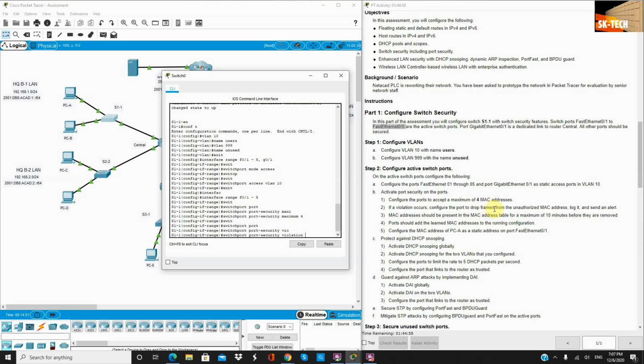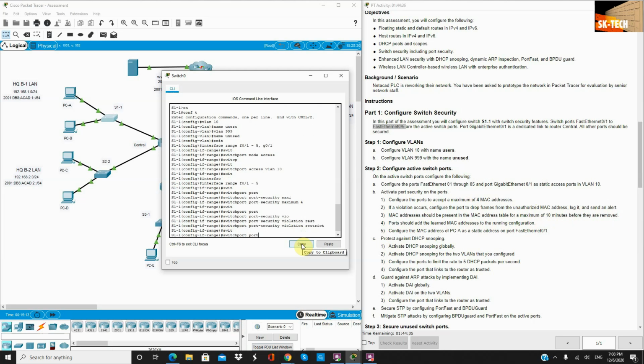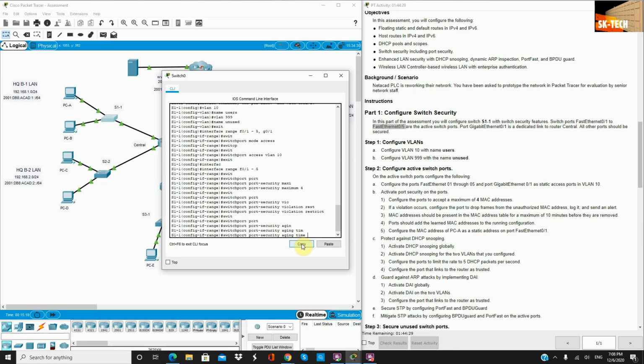Here it says to drop frames from unauthorized MAC addresses and log it, as well as send an alert. So for this one, we will select restrict. And the MAC address should be present in the MAC address table for a maximum of 10 minutes before it is removed: switchport port-security aging time 10. The port should add the learned MAC address to the running configuration, so we will use switchport port-security mac-address